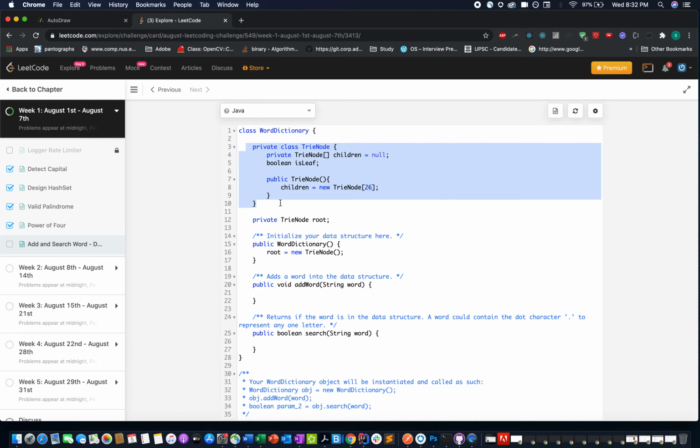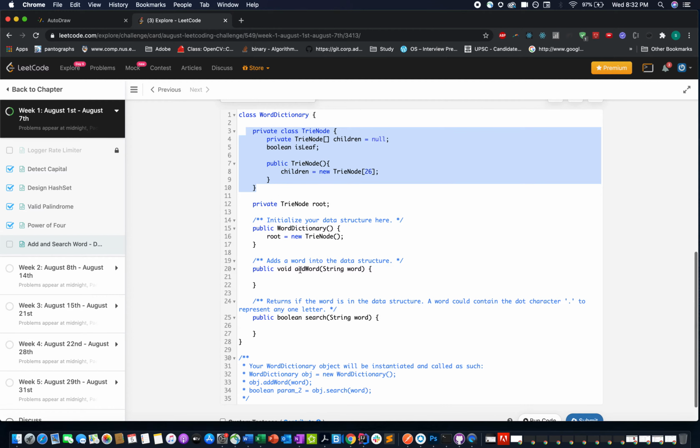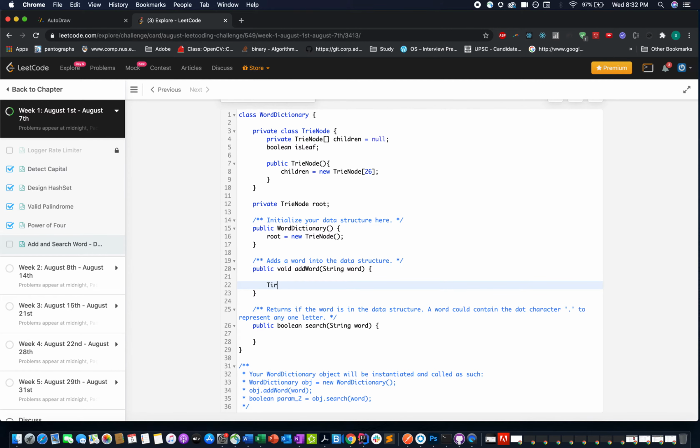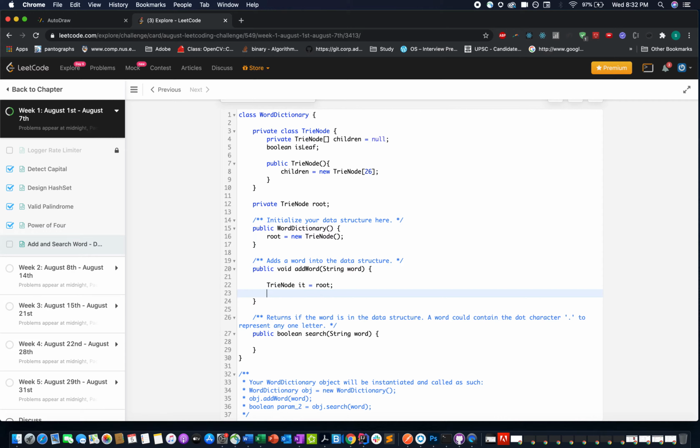This is a private class we defined, TrieNode, and now let's try and add entries in our trie. So let's take an iterator which will be moving through the existing TrieNode. Now let's insert the word in the TrieNode.